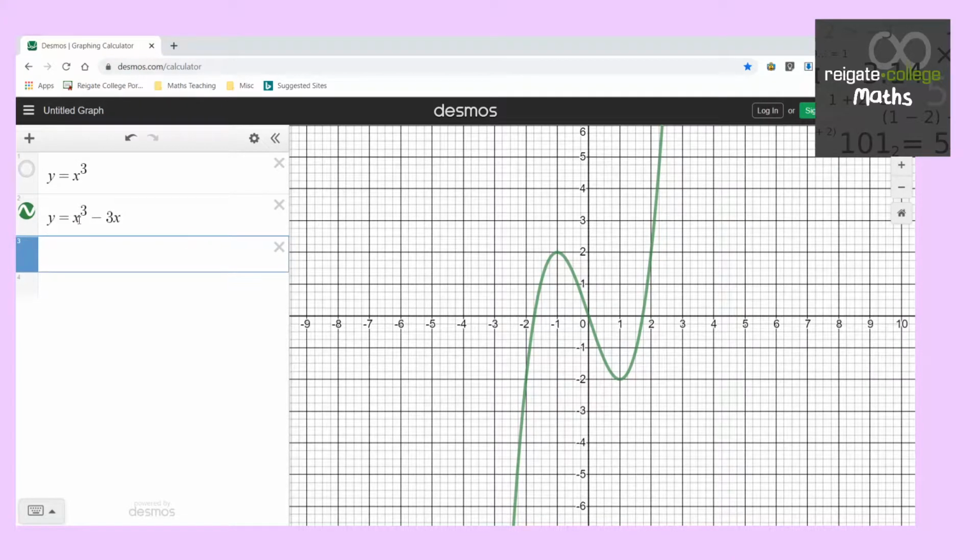So I've got the graph y equals x cubed minus 3x here. We can see that it starts down in the bottom left, ends up top right, like all positive cubics. And we can see that it's got two turning points. So turning points, this one is a local maximum, this one is a local minimum, are where the gradient of the curve is equal to 0. So the gradient of the curve is equal to 0, also called stationary points,